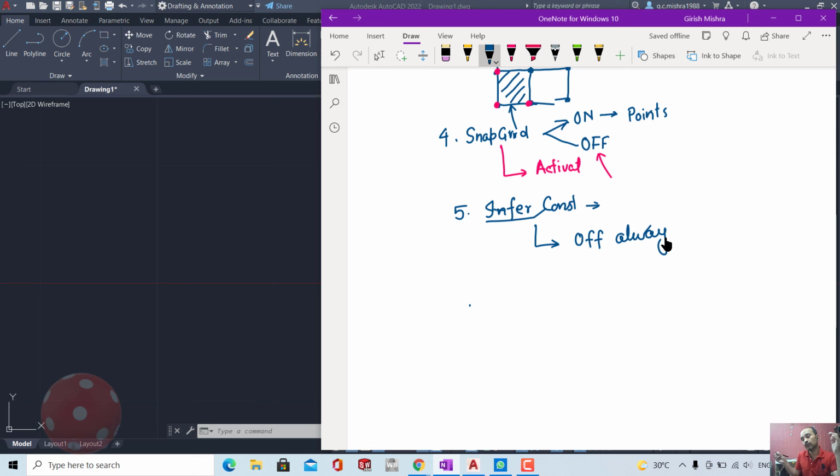Otherwise, it will show you some symbols which cannot be deleted. Once an infer constraint symbol appears on the screen, it cannot be deleted. So use this if you are an expert. For now, we will be turning this off.